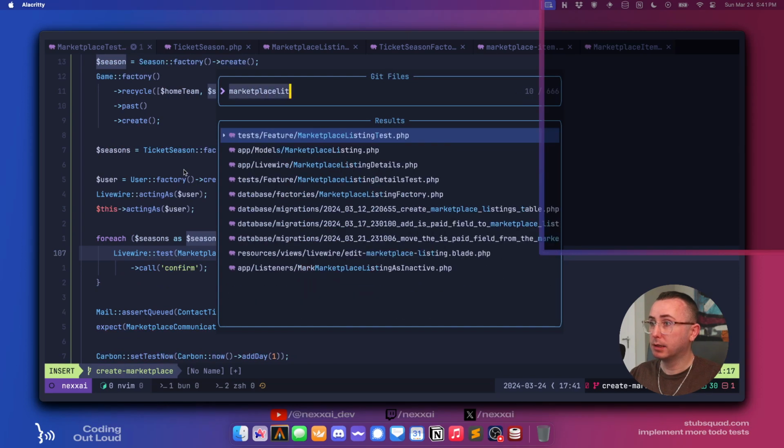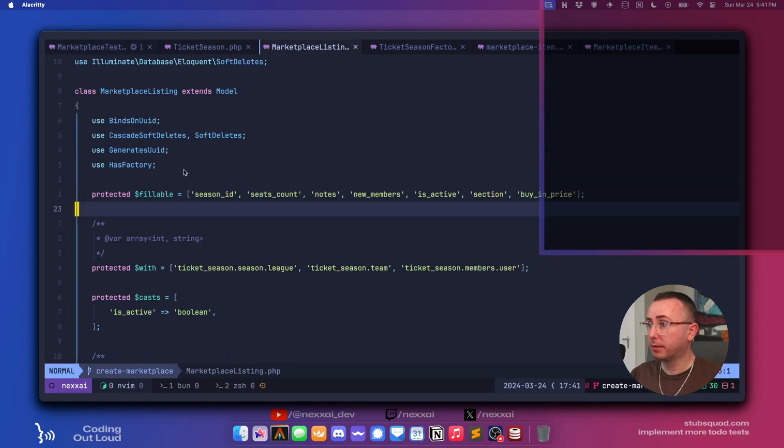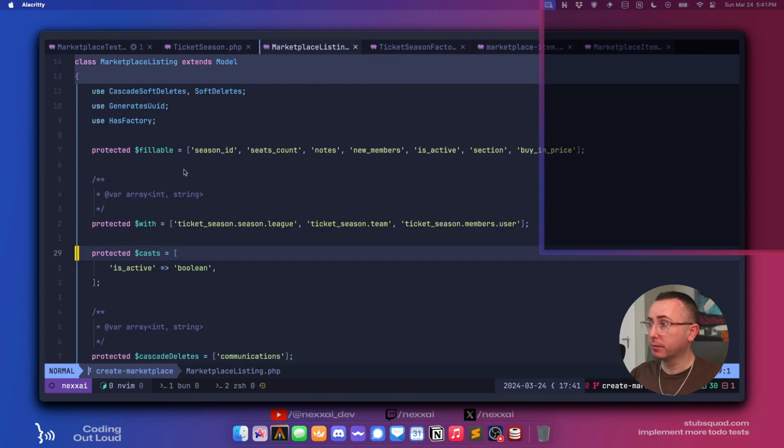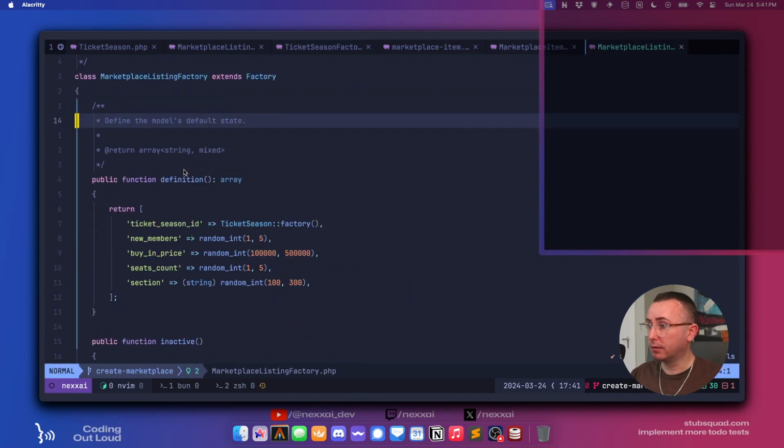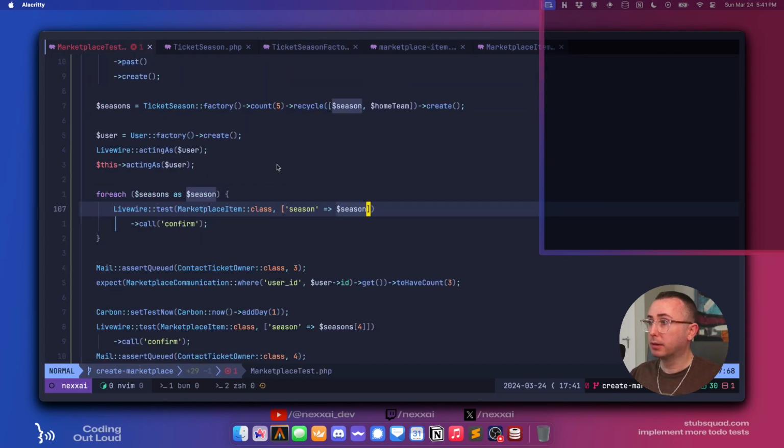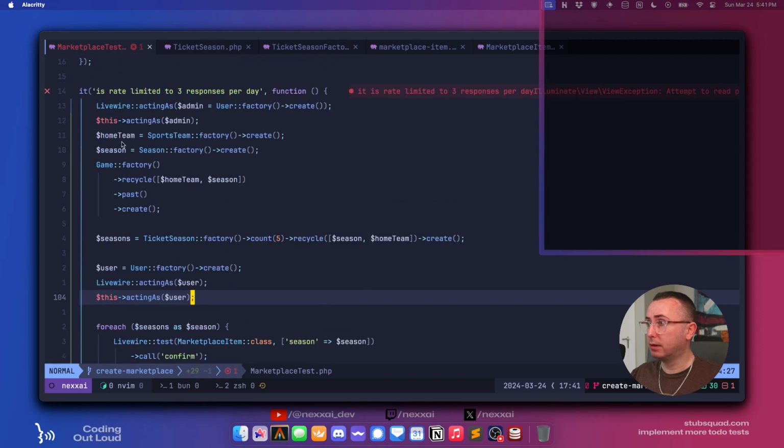Marketplace listing. And what does our factory have? So it should create all of the things. Okay, so actually, should be able to close a bunch of this, and instead of doing all of this stuff,